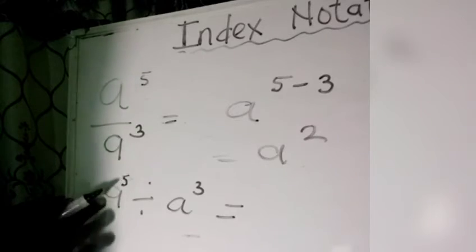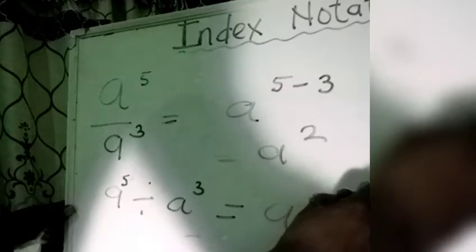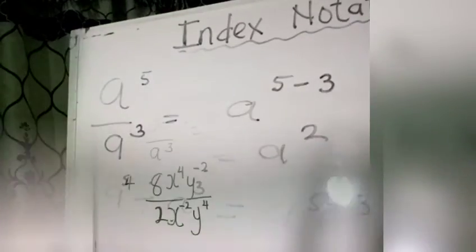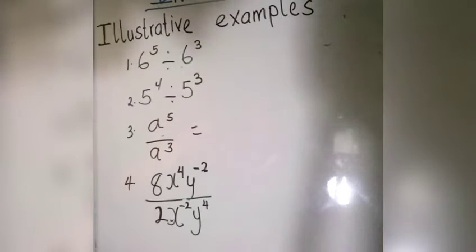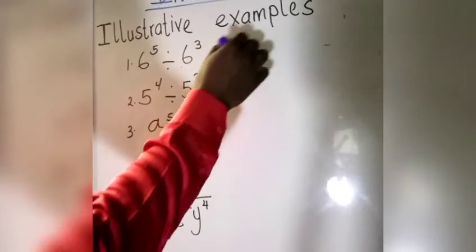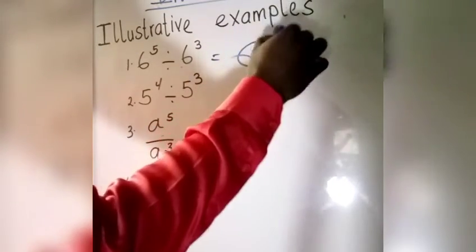The same thing. Since they are dividing, a exponent 5 minus 3 is equal to a exponent 2. So our second property says when two index numbers are dividing and the bases are the same, you just subtract the powers or the exponents. So number one, when we are solving that, we just write the base once, then we subtract the powers. So our final answer will be